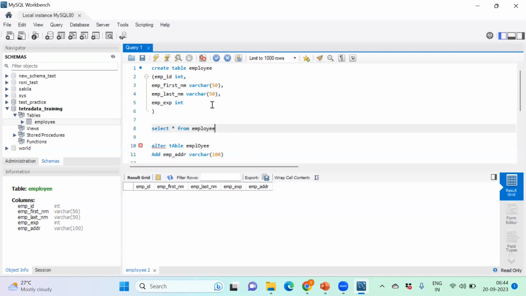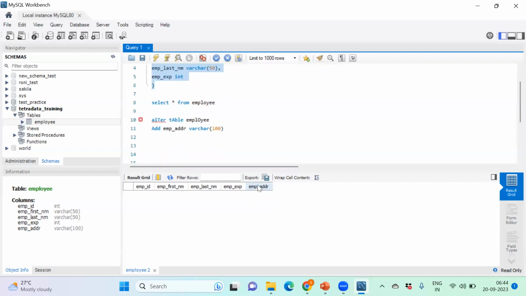So till now, whatever we have done, we have created one table. We have altered the same table to add a new column called employee address. In the alter statement, there are lots of examples. Suppose we want to rename this particular column. I can do this: alter table name,